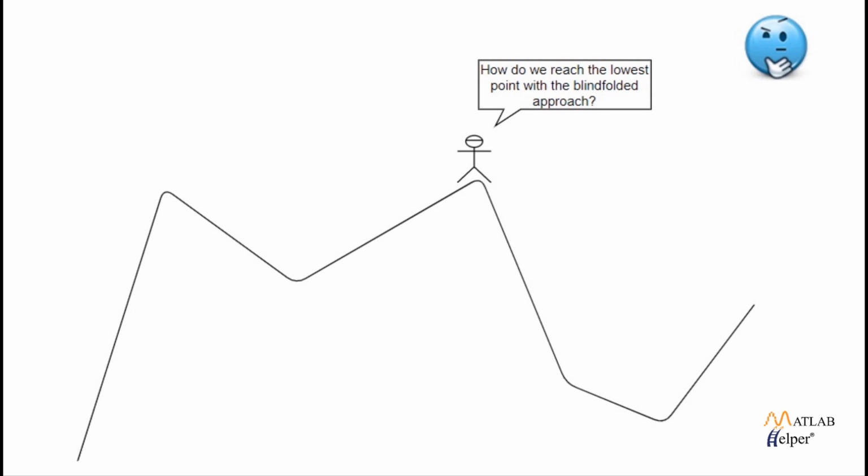Before starting the actual concept, let us discuss one practical case. Suppose we are at the top of a mountain and we are asked to reach the lowest point of the mountain with a blindfolded approach. Observing the ground and determining whether the land declines is the most effective method. Take a step down from there and repeat until you reach the lowest place. The gradient descent algorithm takes a similar approach.